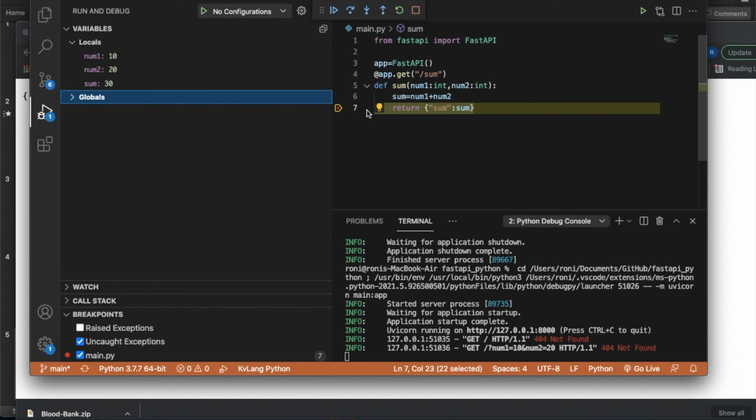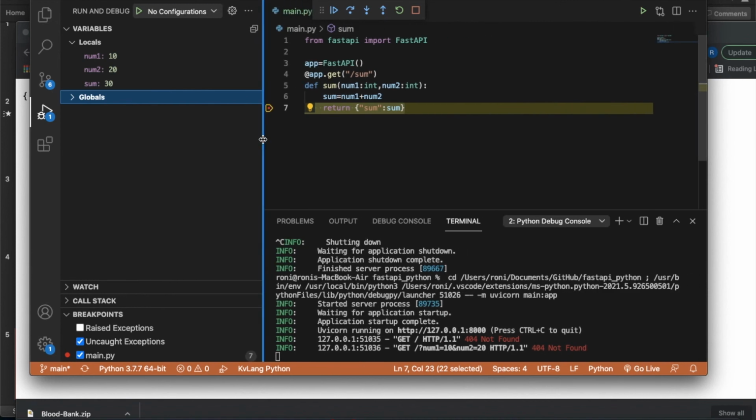Maybe you are getting data from a large dump, doing some processing, and after that returning that value by assigning it to a variable. At that time it is very interesting to see which variable is actually returning what value, and it will definitely make sense to debug. But just to make sure you understand the concept and the process, I am creating this simple example. This is very interesting. I hope you like this concept of FastAPI. This is one of the best features of FastAPI, that you can do debugging very easily.